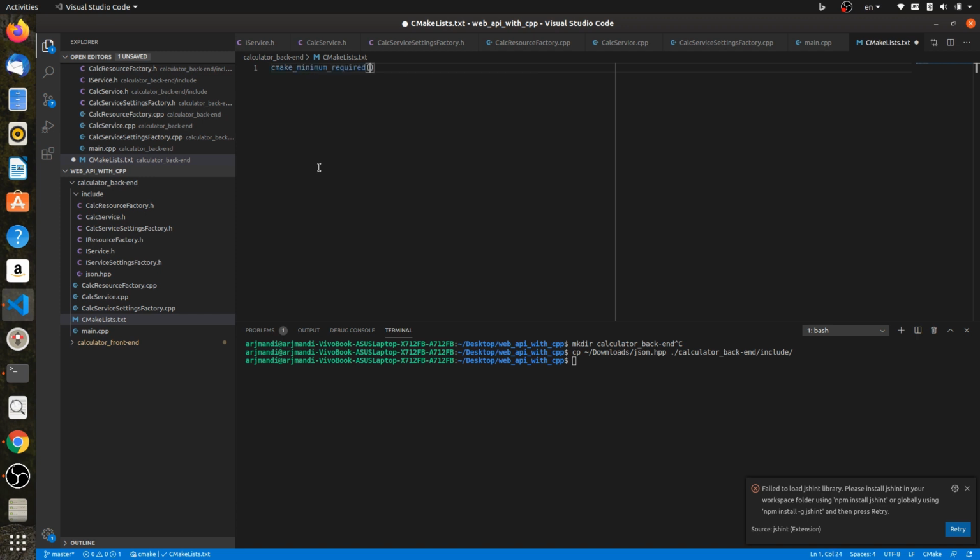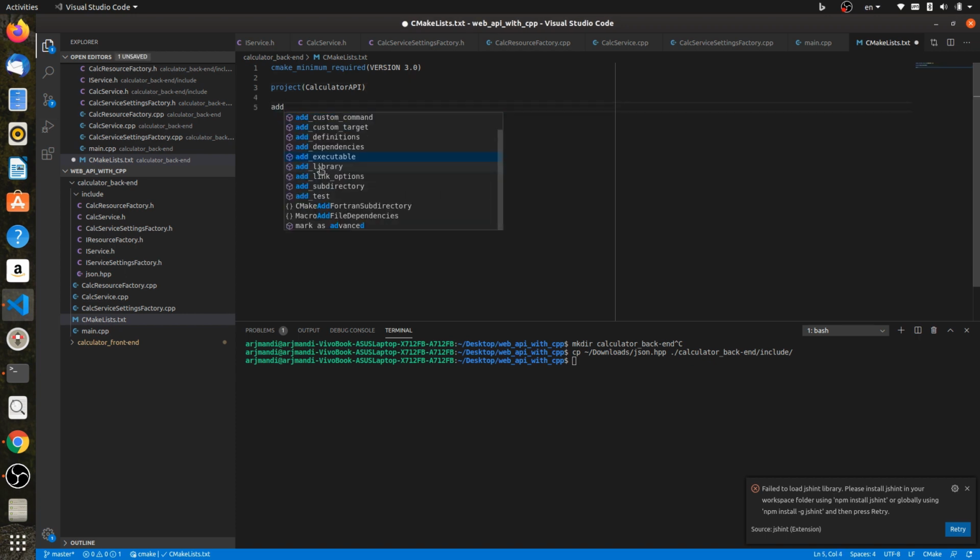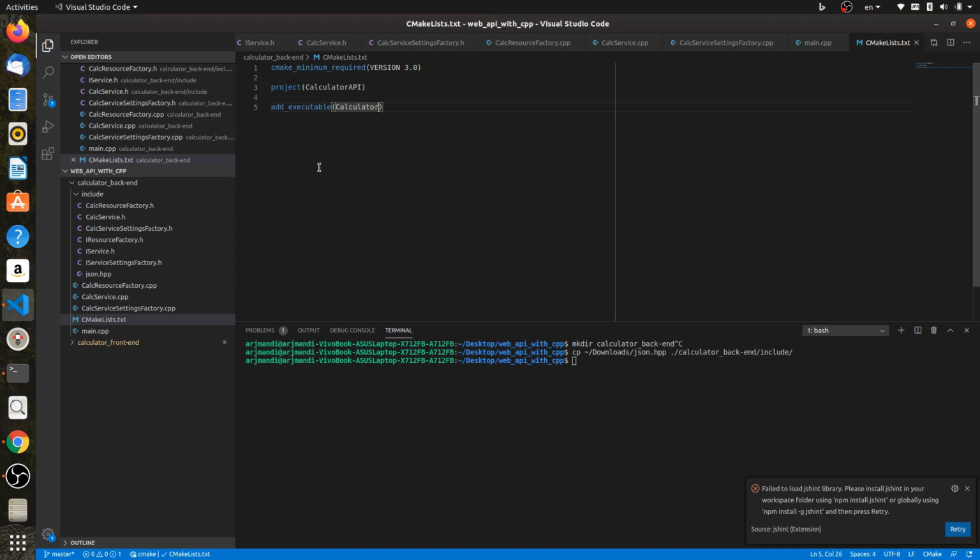CMake minimum required version 3, then call the project function, then call add executable function, and add the compilable files